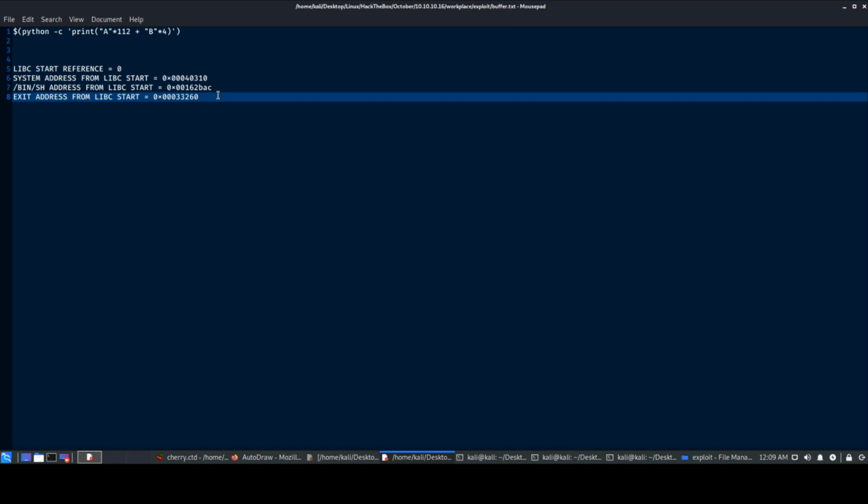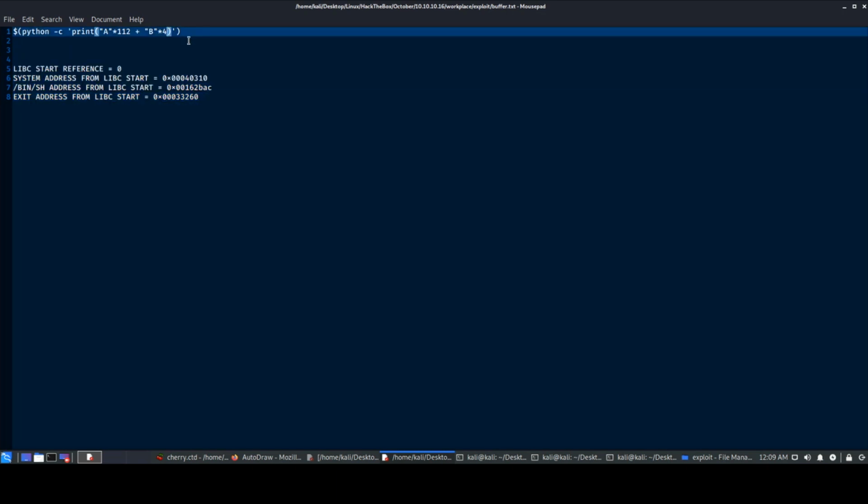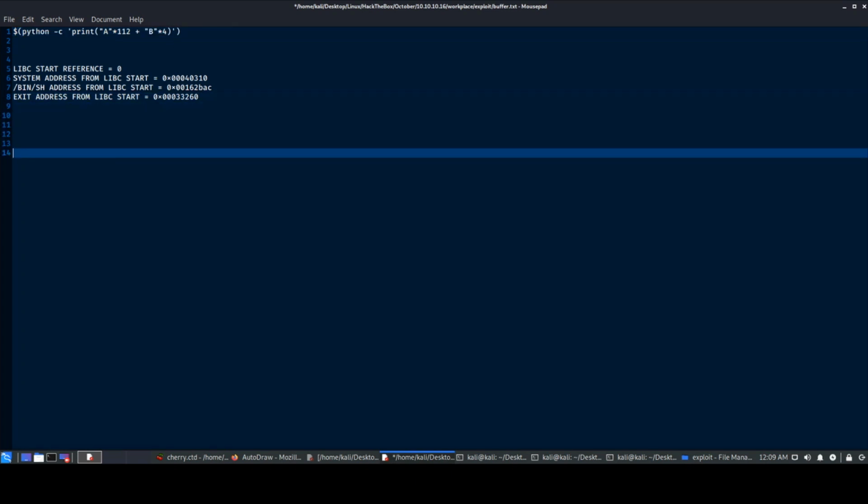So in order to execute this attack properly, we have this print thing done, right? And then later on we need to add, okay, let's just look into this thing. In order to execute this attack successfully, we have 112 garbage characters, that means junk characters. We do not require that. We just need it to be present so that it helps us in the buffer overflow. What's interesting is this B4. The value which will come over here is the system value. So the system location will come over here